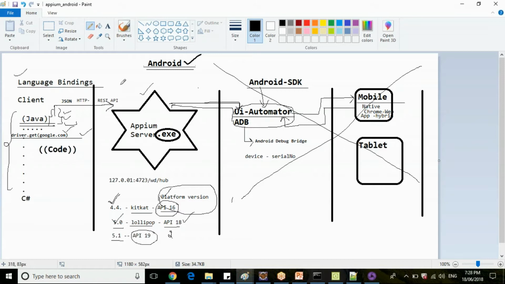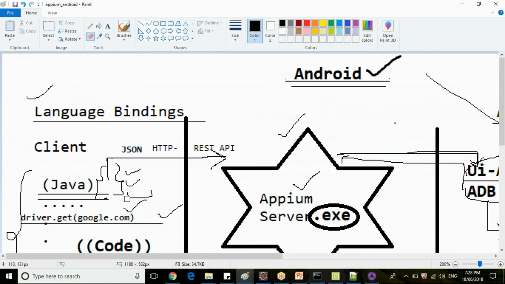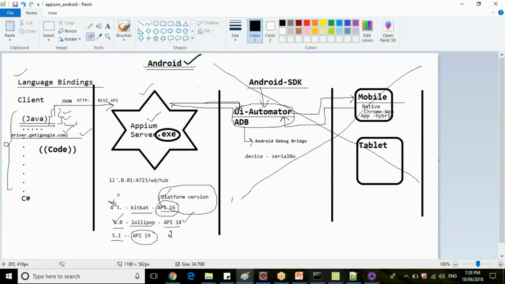The third part is we have downloaded the APM server exe. We have installed this APM server. Now let's see the process of checking and starting this server. So just give a sec, guys. Once this APM server is installed, you need to start the APM server.